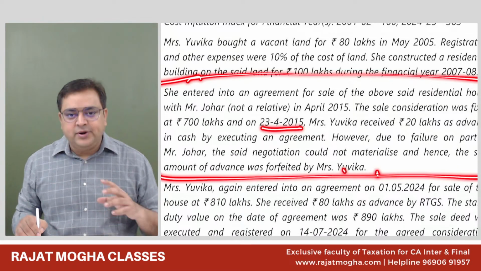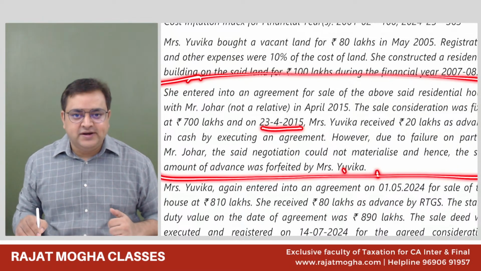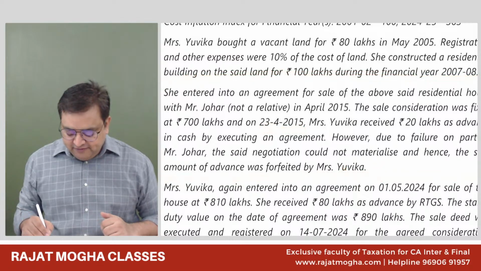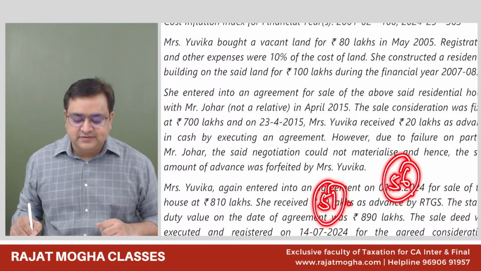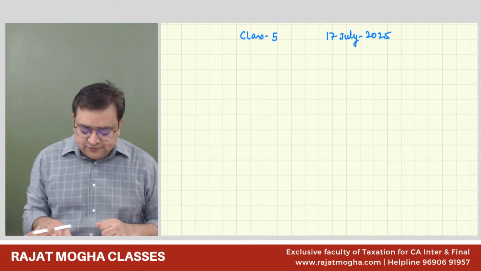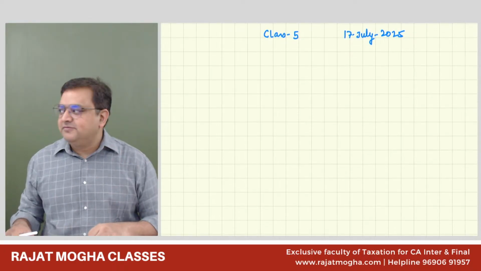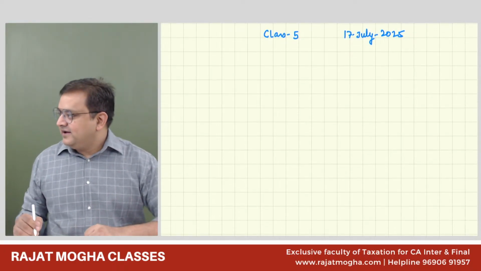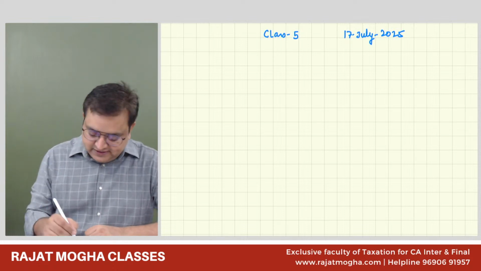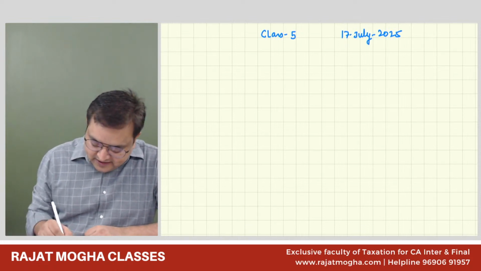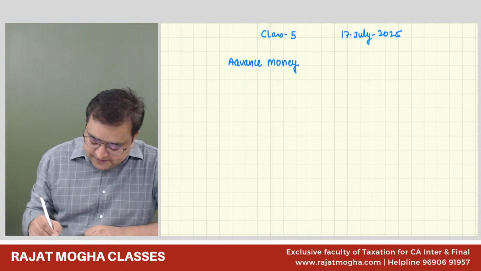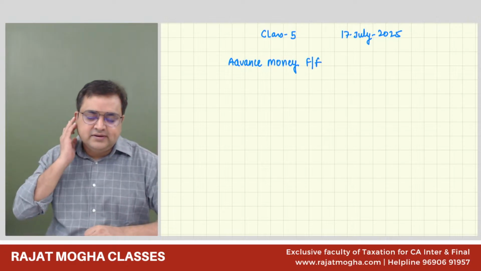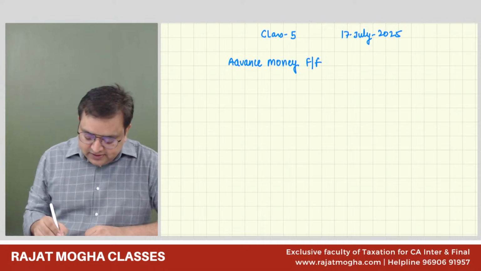And now we know what the treatment of the amount which is forfeited is. We have section 51 also, and we have IFOS also. So section 51 we have of capital gain, and for IFOS we have section 56, the charging section of IFOS. And it says that if any advance money is forfeited, so let us revise the concept of advance money forfeited. Correct Lakshmi, 15, 16, correct, Sugandha, Likita, correct. So let us quickly understand the concept of advance money forfeited. If you want to write with me, please write with me. Advance money forfeited. So it is very important that there is a date.